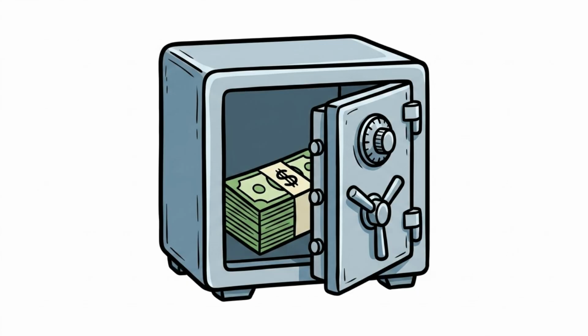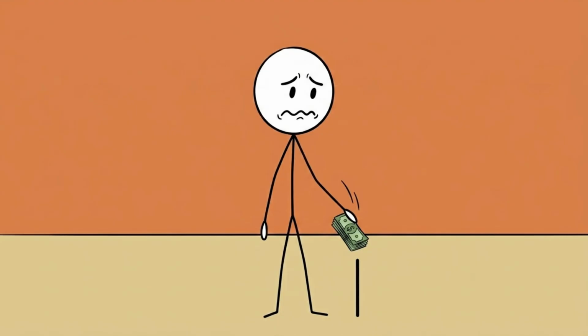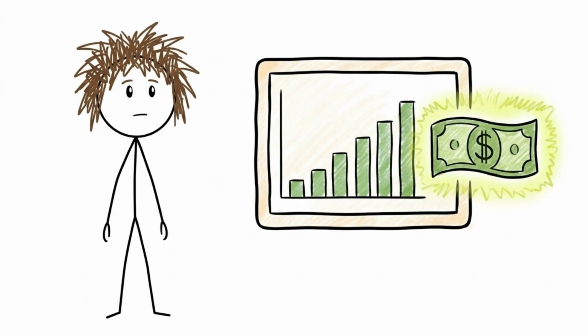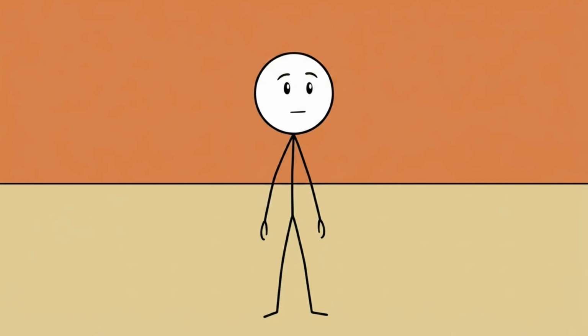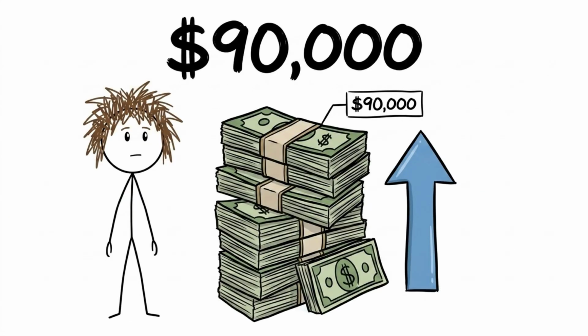What if the money sitting in your bank account isn't actually sitting there? You deposit $10,000. You see $10,000 on your screen. It feels safe. It feels like your money is waiting for you. But then someone tells you the bank can lend your $10,000 out again and again, potentially creating $90,000 of new